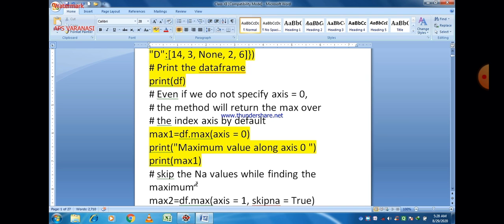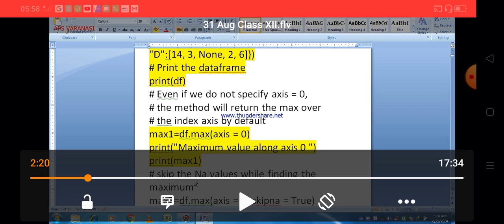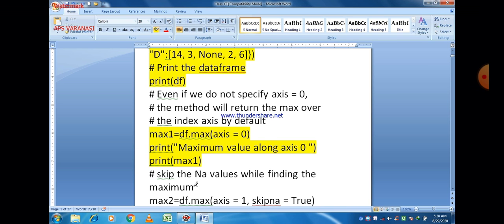So df is the name of the data frame, max is the method. We write df.max, and within parentheses we pass a parameter value, axis equal to 0. By default axis is 0, so even if you don't pass any parameter value, the maximum value will be calculated along axis 0.